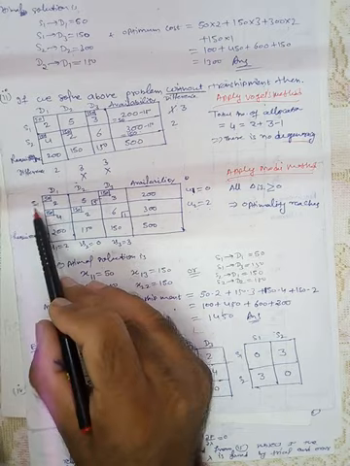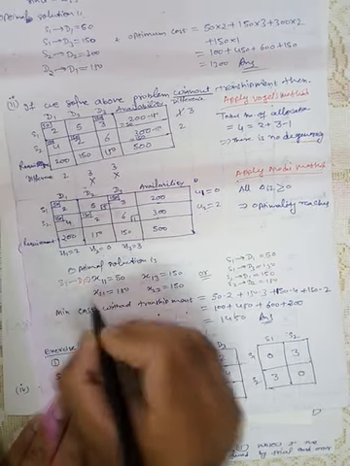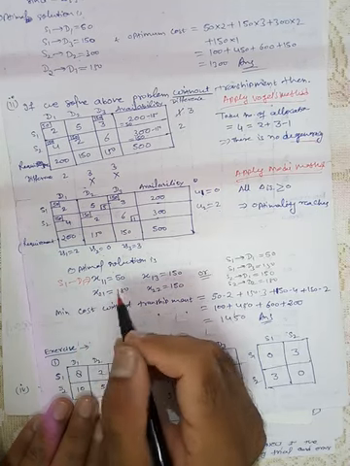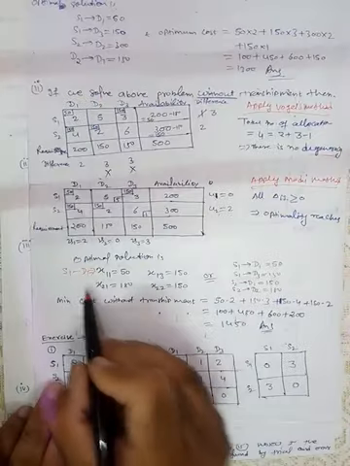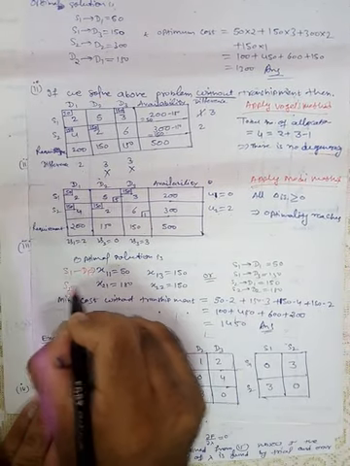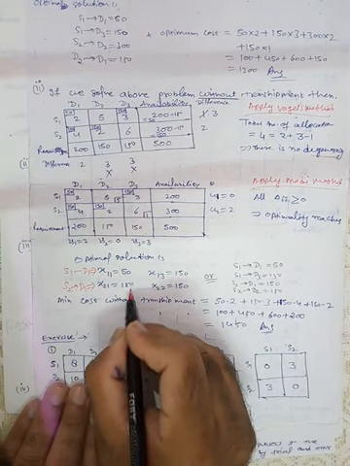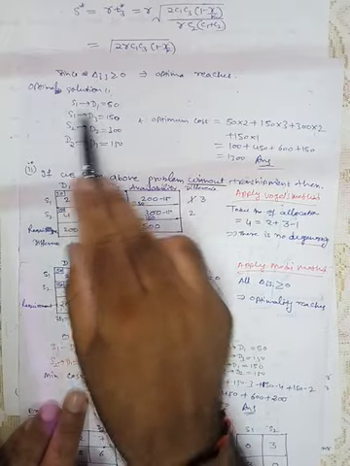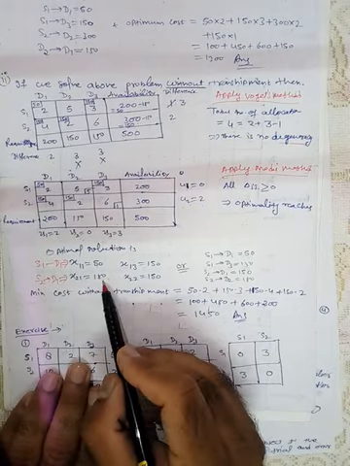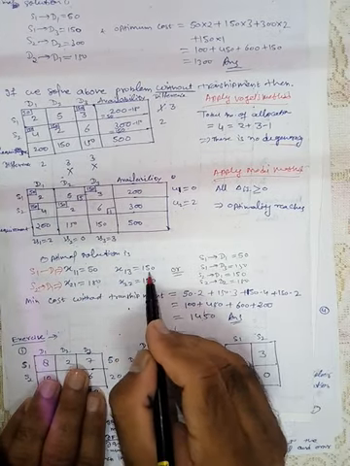X11, that means source 1 to destination 1, is 50 units. Here source 1 to the next destination is 50 units. Fine. Here source 2 to destination 1, X21, is 150 units. There is no allocation from source 1 to this destination. So this is the difference. Here source 2 to the destination is 150 units. Here X13, source 1 to destination 3, is 150 units.